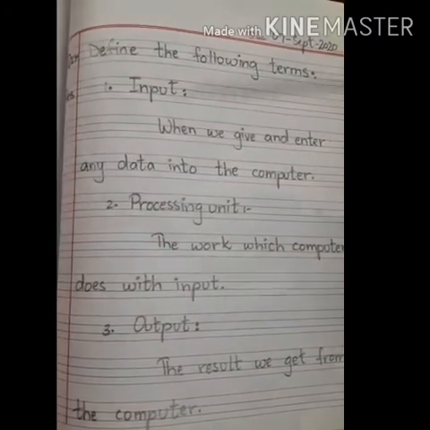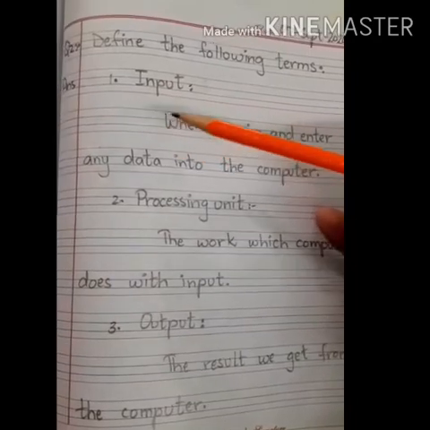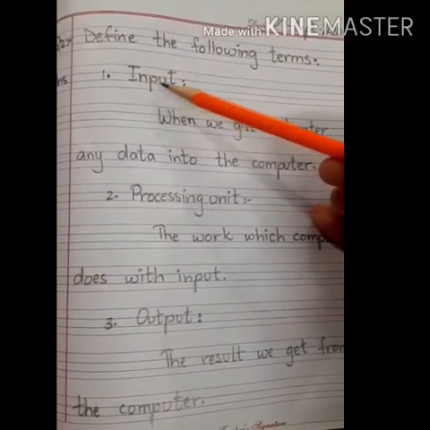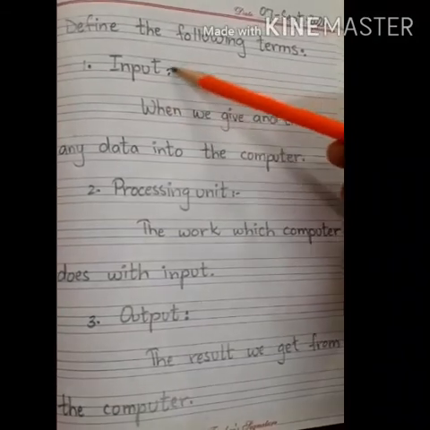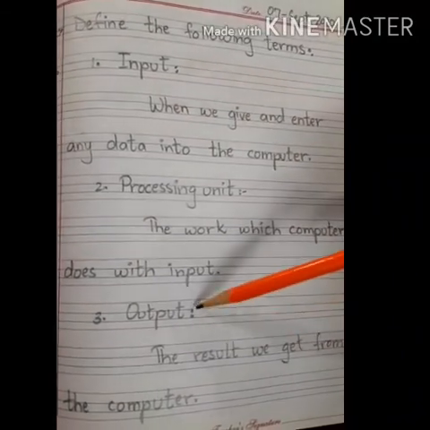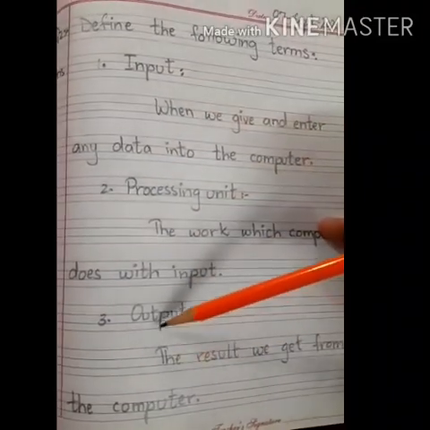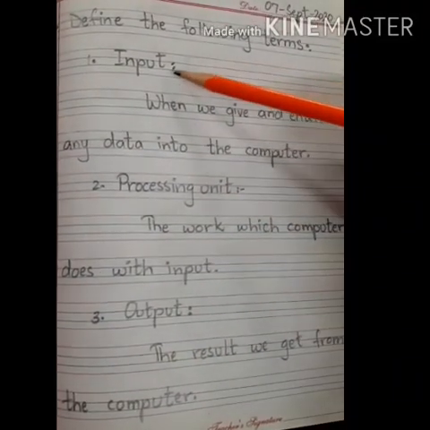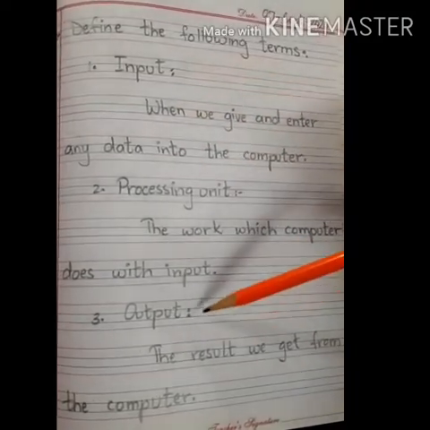Students, you have to do just a little correction in your question number 2, where I wrote before input devices in the heading. You have to erase the name of the devices from the definition of input and output. You have to erase the word devices in front of it.